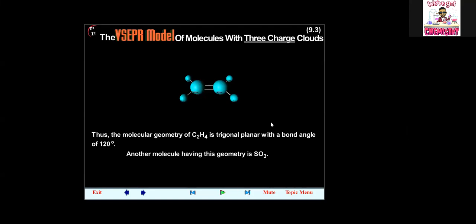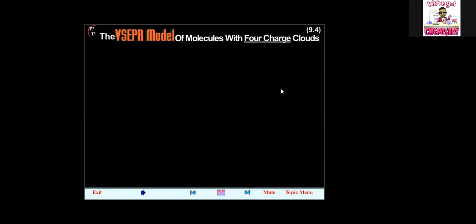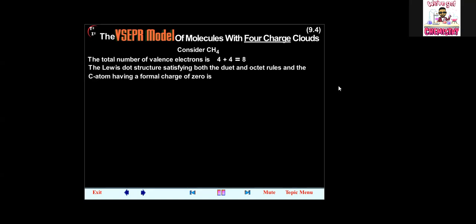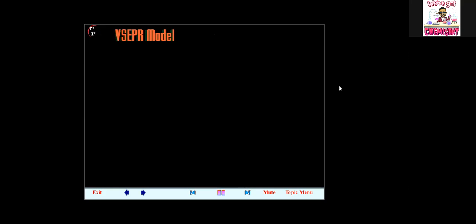Consider CH4. The total number of valence electrons is 4 plus 4 equals 8. The Lewis dot structure, satisfying both the duet and octet rules, and the carbon atom having a formal charge of 0, is